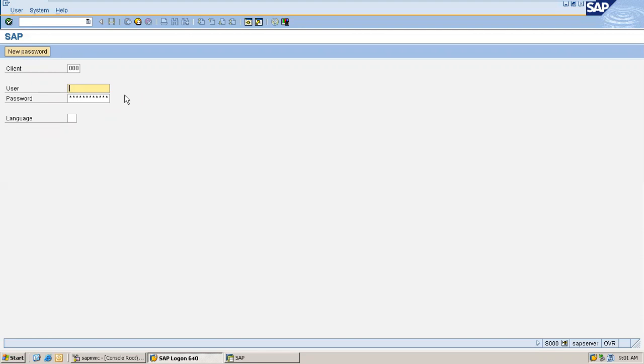So your user ID for this is SAP user. Most of the times it will be SAP user unless you have your personal user ID. When you install your demo system in your PC, you can always use SAP user, and the password is India123.